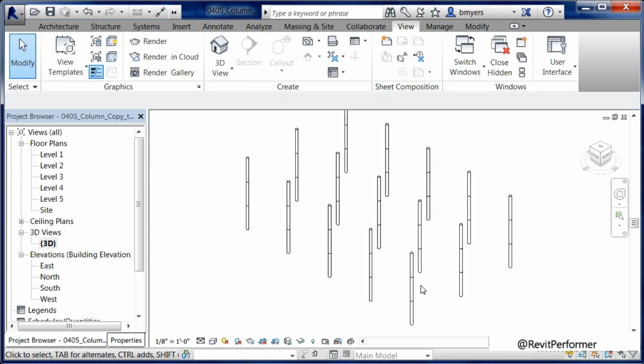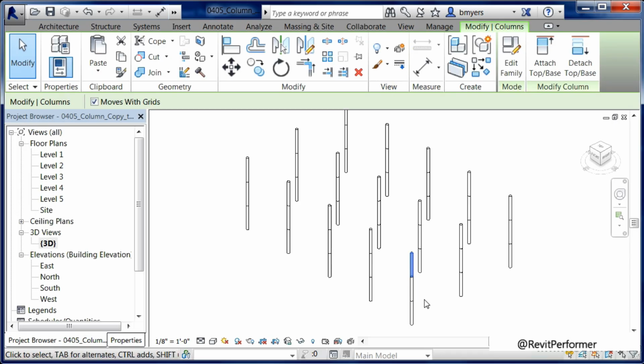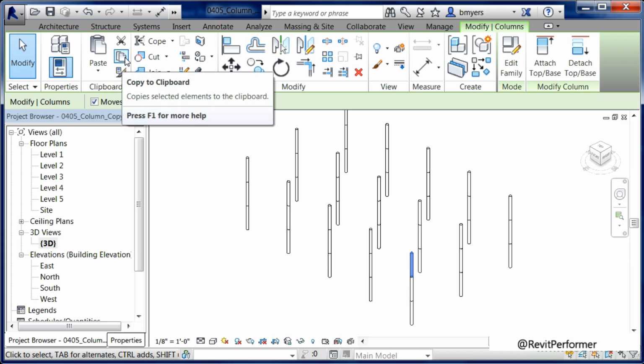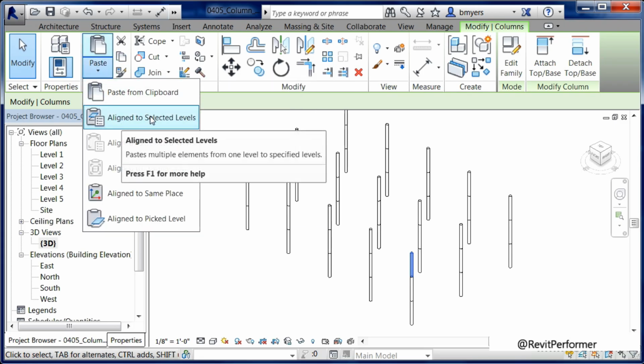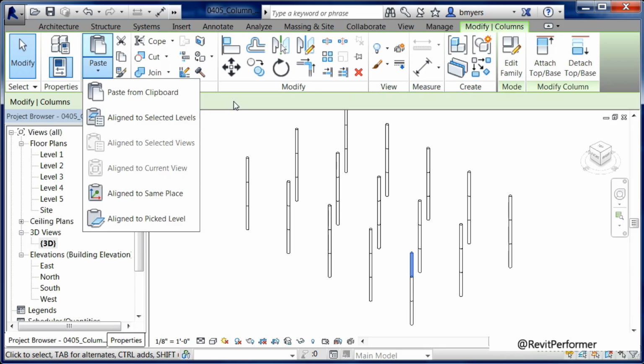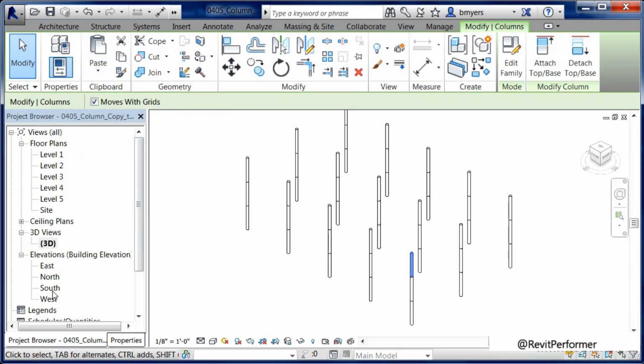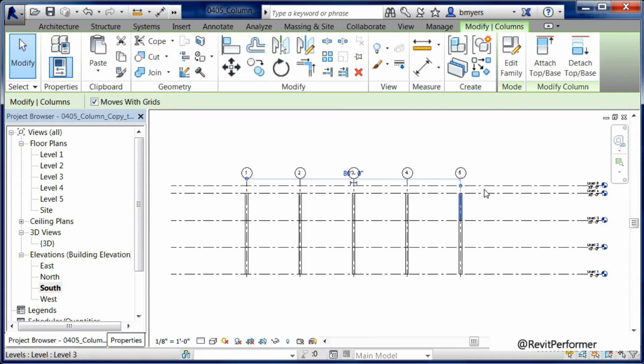In fact, we'll probably be doing that whenever we're going to be working with our floors later on in the project. Remember, if you ever need to be able to copy your columns from one location to the next location, in other words, from floor to floor, all you need to do is window around them. After they've been selected, come up, select on copy the clipboard, then paste, align to selected levels, choosing the levels you want your column to go to. Now I'm going to come down here to South and double click on that. And you'll see each of your views update and your model as a whole will update with those columns in the appropriate